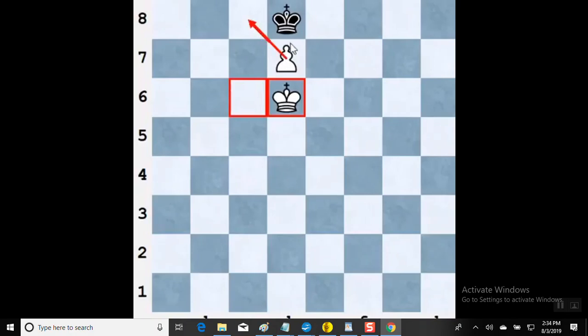This pawn could capture to here or to here, so black cannot move to those squares, and this king can go one square in any direction, so the king is guarding this pawn and he's guarding that square, but there is nothing attacking the square d8 which black's king is on right now,